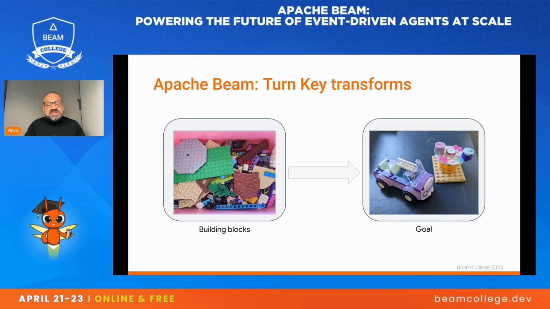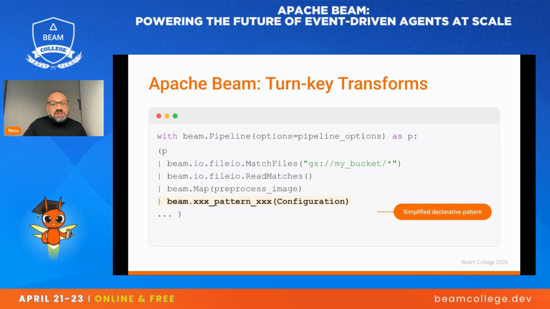A simple example of this is inference. So a common thing is I want to pass this piece of data to a model, and I want to get the inference to make use of that. Now, that simple act, when you want to productionize it, is a lot of work. First, you need to ensure the model gets loaded correctly, perhaps have the model as a singleton within the worker because of memory constraints, make use of the GPU effectively, do things like batching, good error handling, etc. Things that every single customer before BeamML had to do themselves using our core primitives, these building blocks to get to their goal. But what we developed was, as a community, the turnkey transforms.